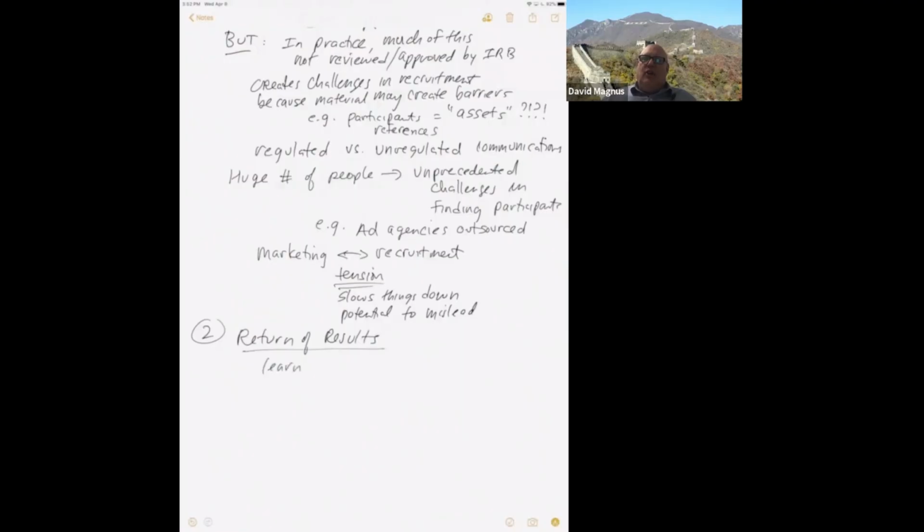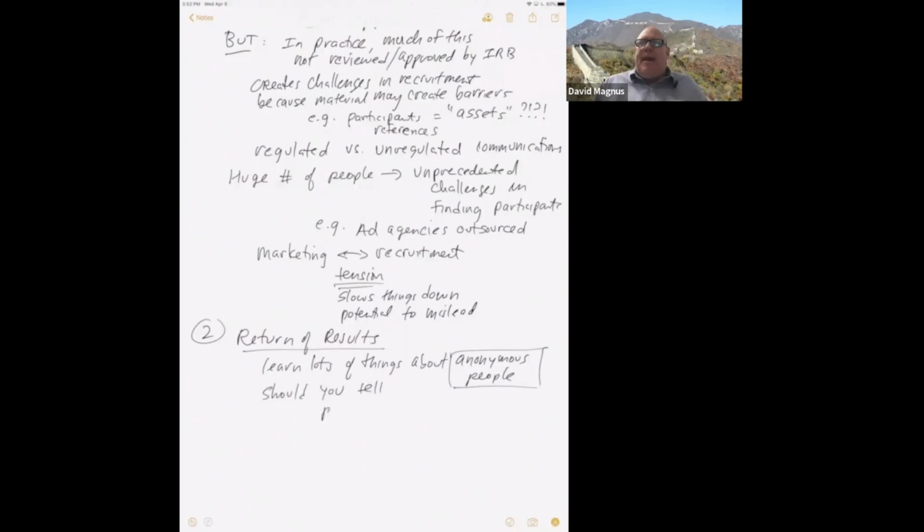And even if you don't know who they are because you have an identifying code, the people at the repository do, and you could send that information back to the repository, who could then reach out to the individuals to convey those results. And some of the programs, like the All of Us research program, actually plan to return those results.